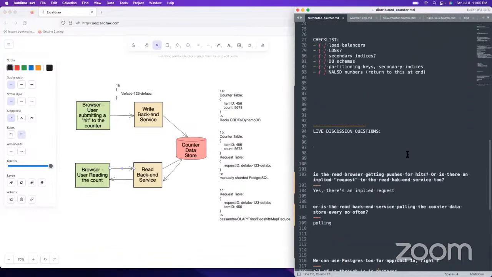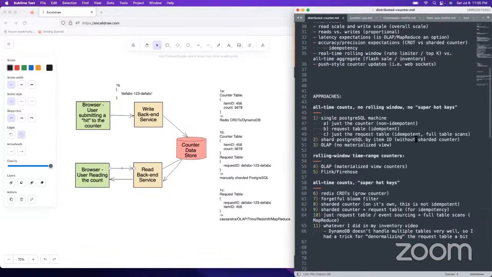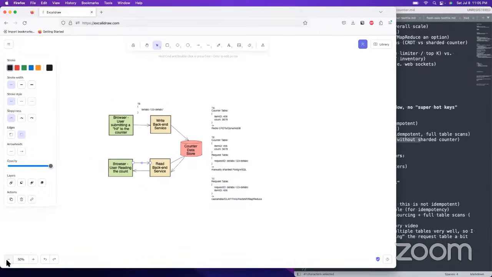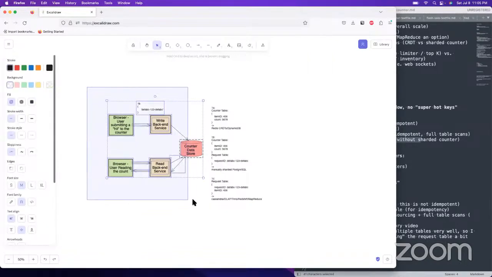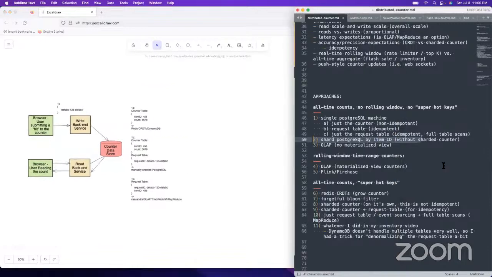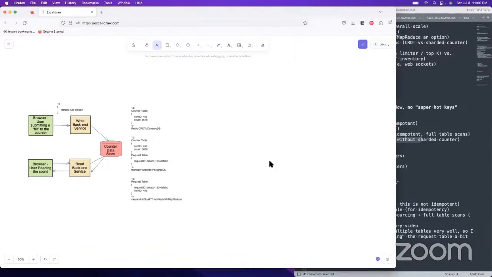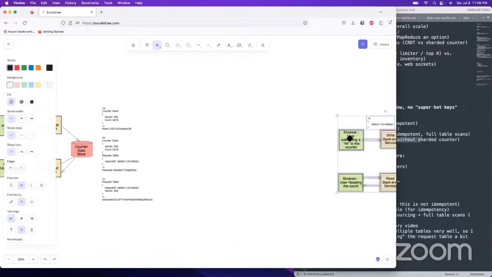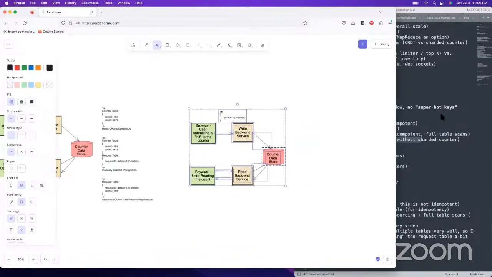Okay, let's move on to 2, shard PostgreSQL by item ID. I'm going to go ahead and copy this. This didn't specify whether it was with a request. I think this is just if it's too much for one machine, but you don't have super hot keys.